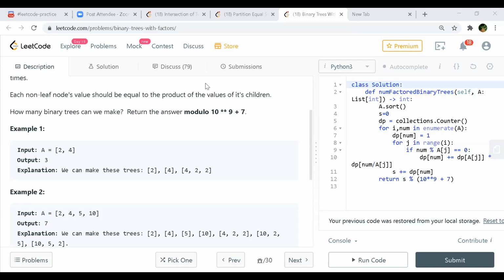So basically, the way I thought of it was, I wanted to check whether 10 by 2, that is 5, is there in the array or not. So if my map returns me a true value for that particular 10 by 2, then basically I'll multiply that by the number of trees with root as 5. I think that can be taken care of by sorting also. I'm not 100% sure.